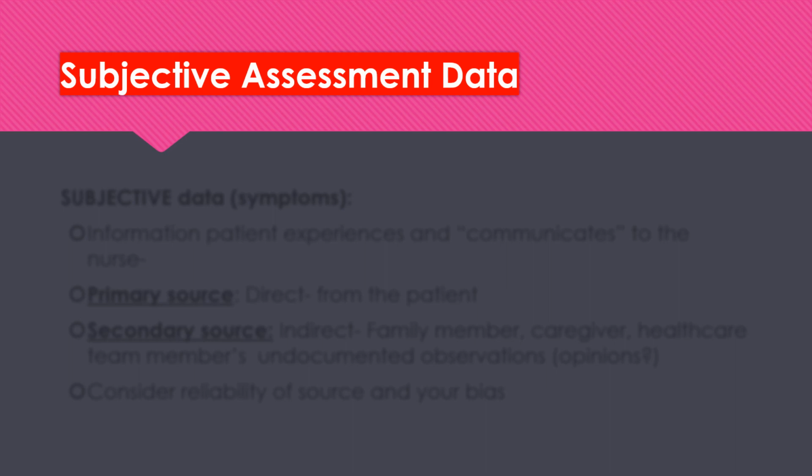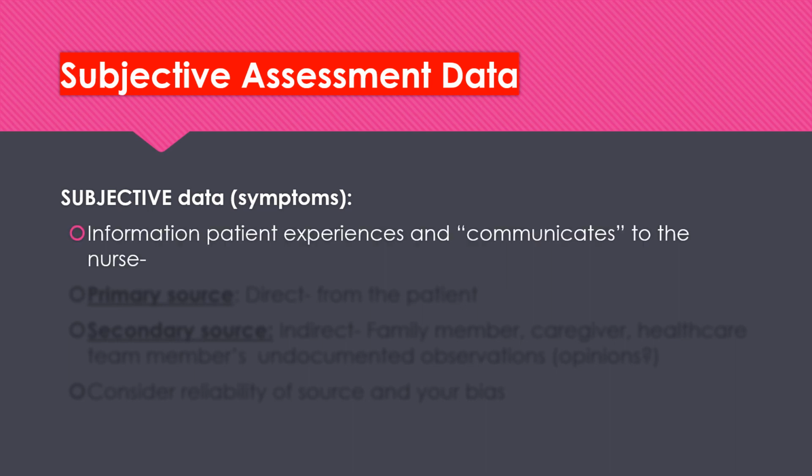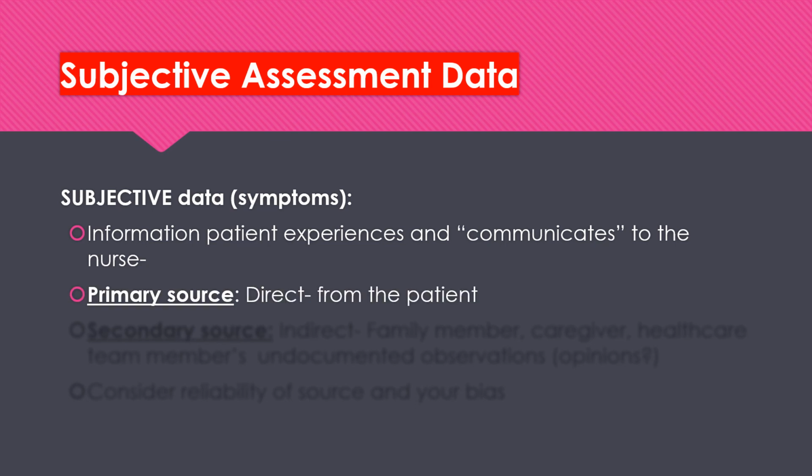So when it comes to the types of data we get from our assessments, we have subjective and objective data. Subjective data is data that is communicated to us from our source, specifically our patient. Subjective data would be the patient describing their symptoms, rating their pain, or telling us how something occurred. It is straight from their mouth. It's direct from the person. Because they are saying it, we are going to document it in quotations.